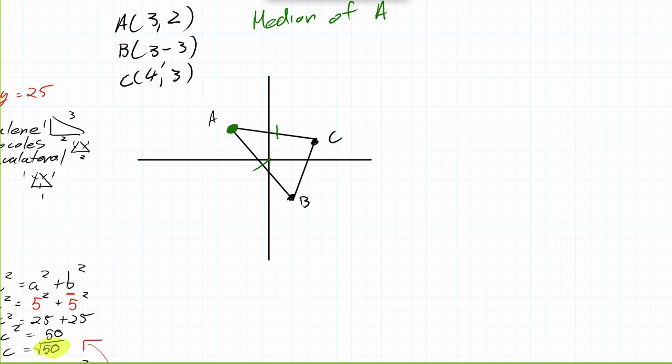the opposite side of the triangle, which would actually be our side BC. And I want to go to the middle of that opposite side. So I got to find the middle here. And I have to draw a line from A to the middle there. And not only do I have to draw that line, but I actually have to find the equation of the line, because the median is asking for the equation